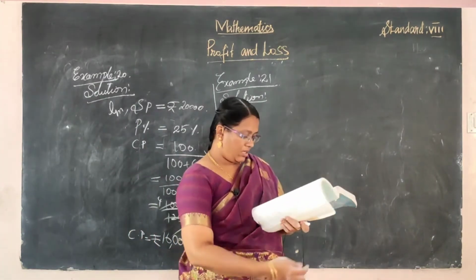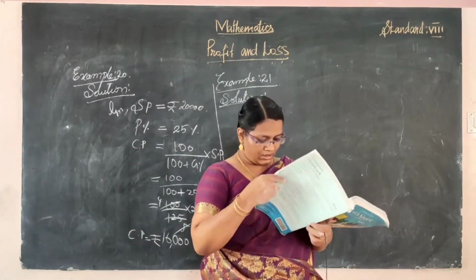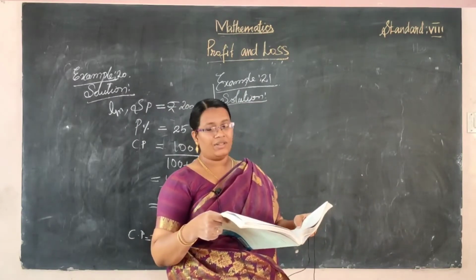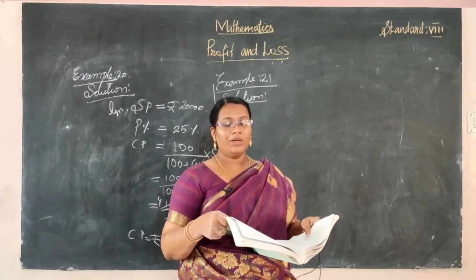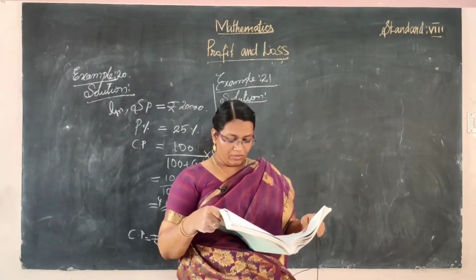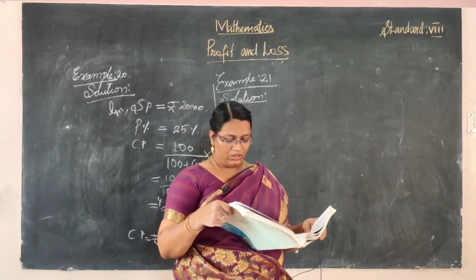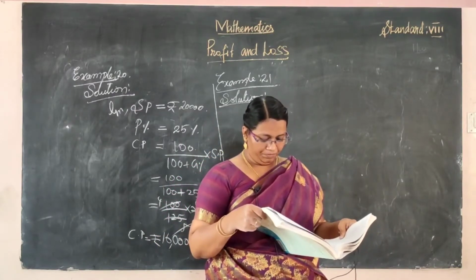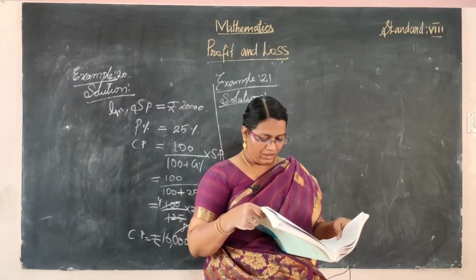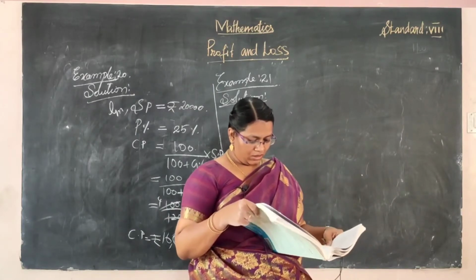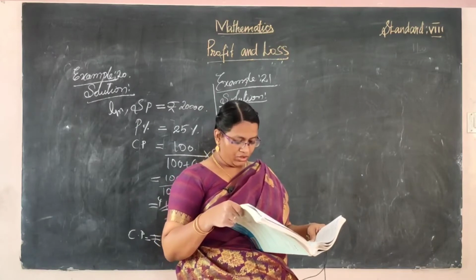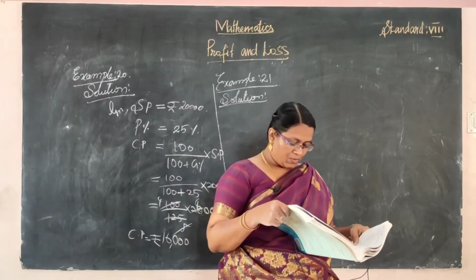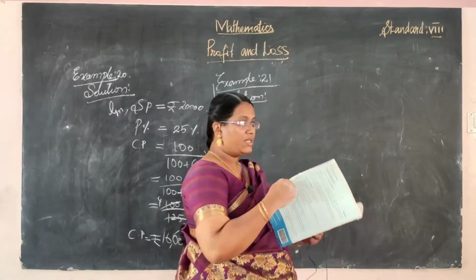If the cost price of 25 tables is equal to the selling price of 30 tables, that is the condition. 25 tables' cost and 30 chairs' cost — they have said equal. The cost price of 25 tables is equal to the selling price of 30 tables. Both have the same rate. So let the SP of the tables be...